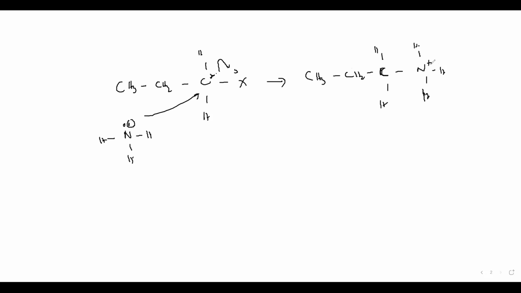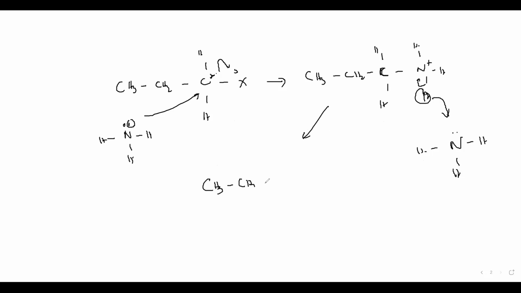That's why nitrogen will get a positive charge. But that is not stable. So another molecule of ammonia will attract this hydrogen, so nitrogen will take this electron back from hydrogen and it will be neutral. So the resultant molecule will be